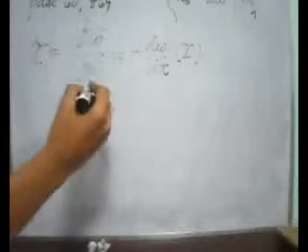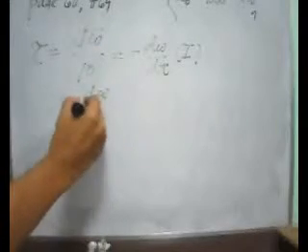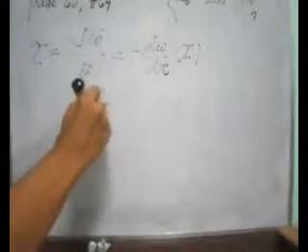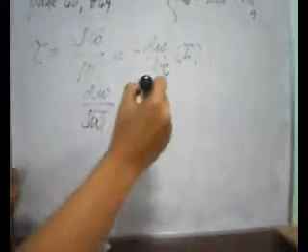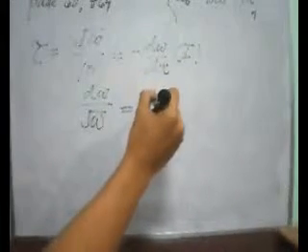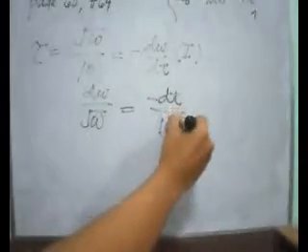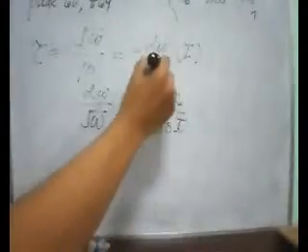Okay, now we finally have a separable equation. d omega over square root of omega is equal to negative dt over 10I. Now finally we integrate both sides,